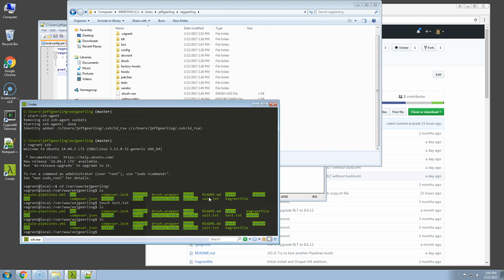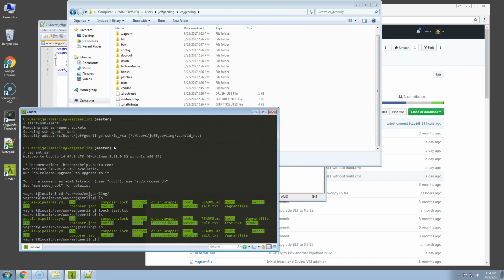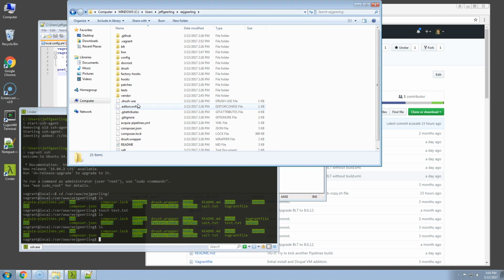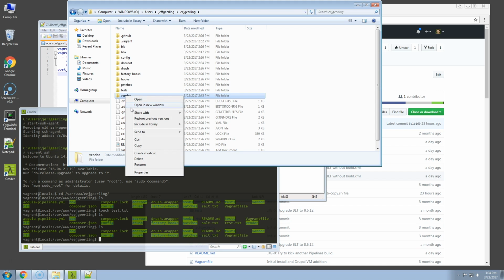So the next thing that we need to do to prepare everything is make sure we delete all the stuff we just spent a little time installing with Composer, because from here on out we're going to do all of our project work inside the VM since it's easier and everything works correctly with BLT and Linux. So the things that we need to delete before we run Composer install are basically all the things that Composer had downloaded. So I'm going to delete the vendor directory,